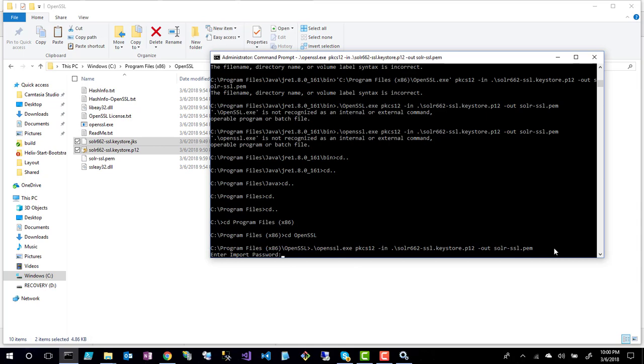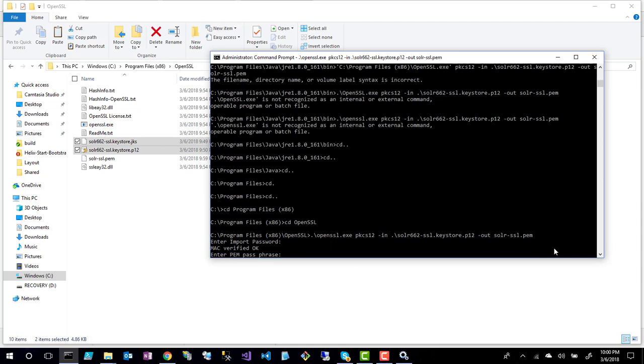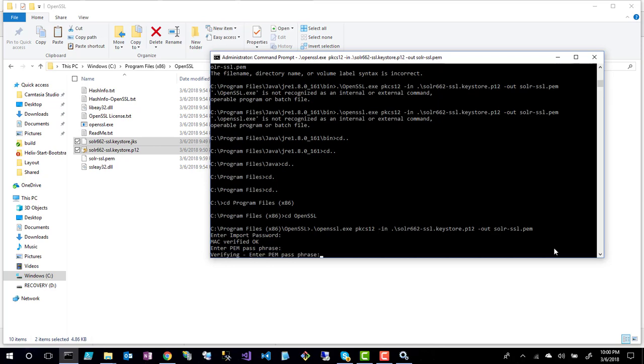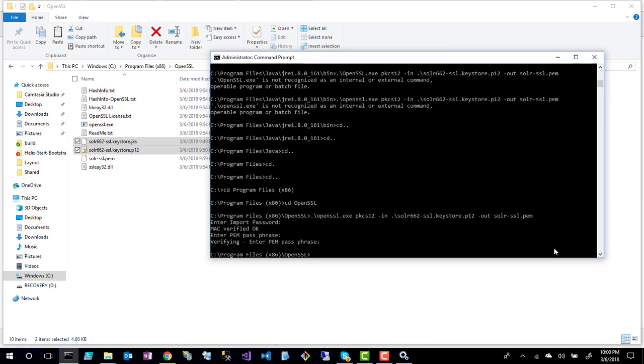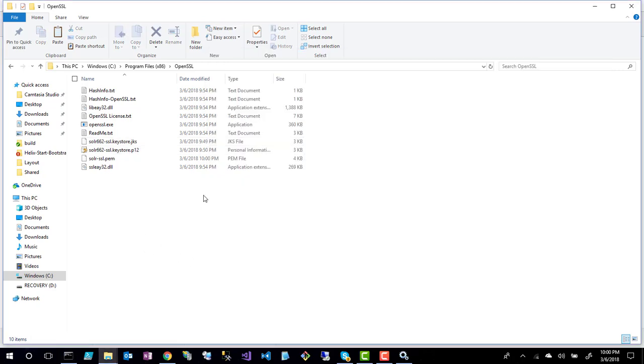Again, you have to type your password. And again, it's just that password that you typed in originally, which for me was secret, so I typed secret in 3 times. And now it's all good. So now I have these 3 files here. So the next thing is installing these into the certificates part of your